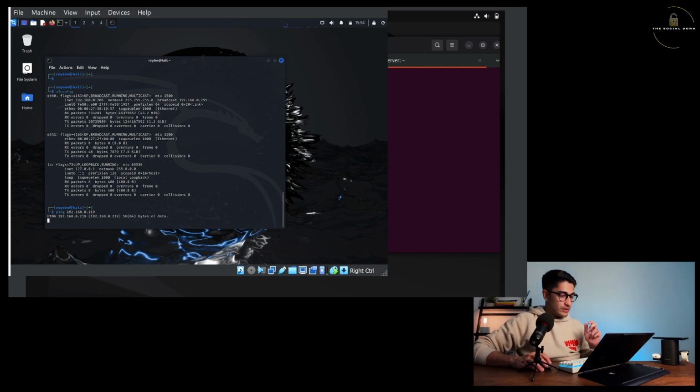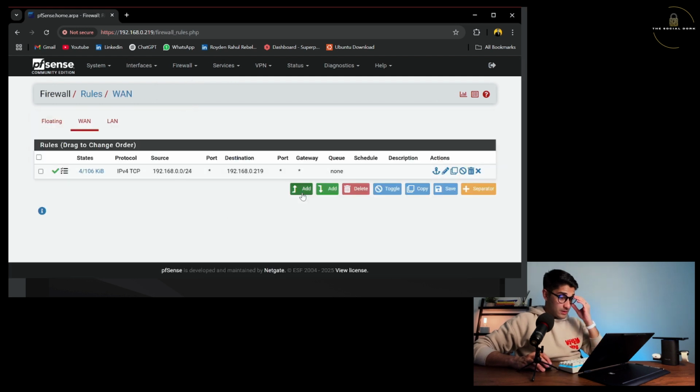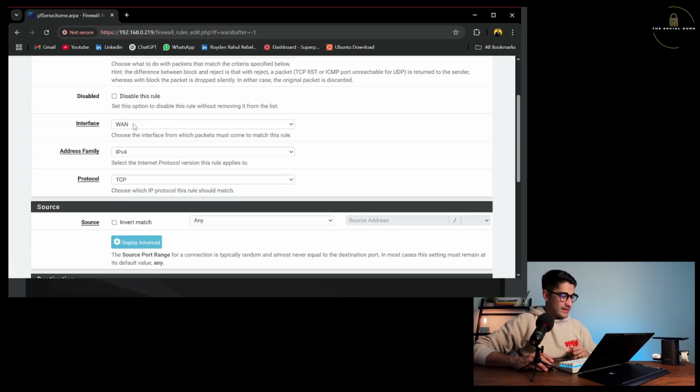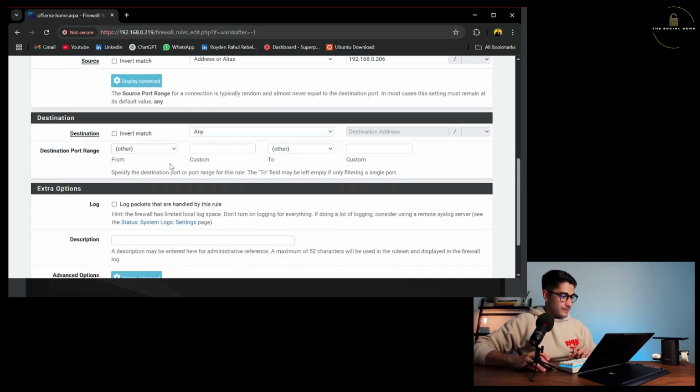So let's go into our Chrome browser again and let's add one more policy. So firewall rules. Let's go add. We'll pass again WAN source. Let's go a specific address. This time we'll go the Kali machine, which is 192.168.0.206. Destination will probably be our